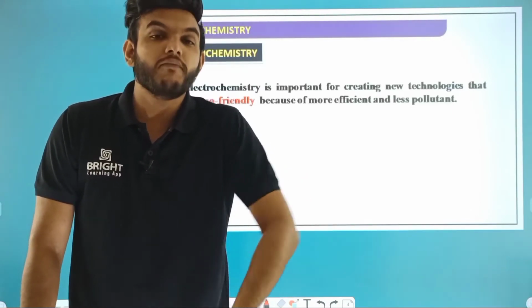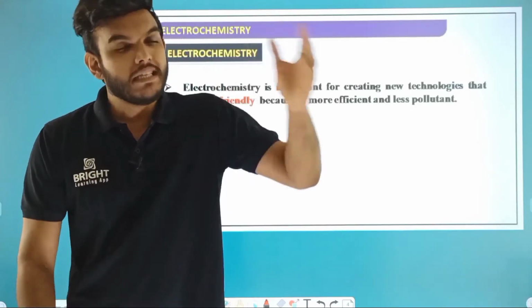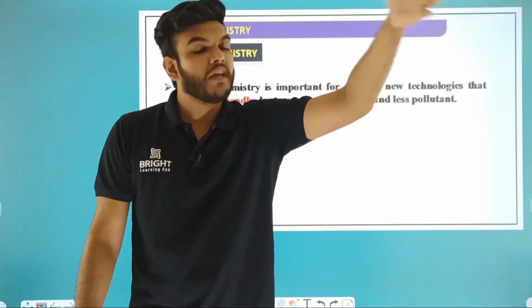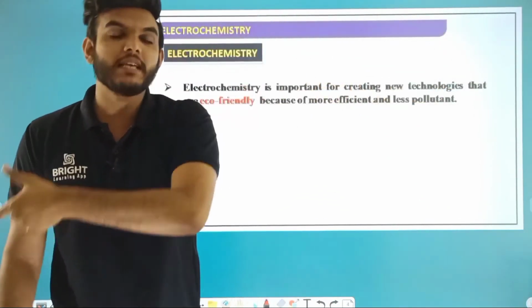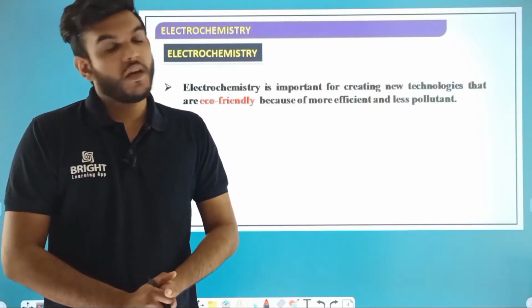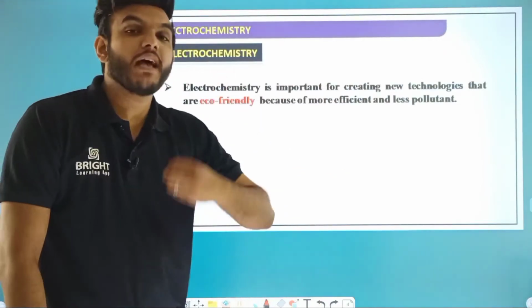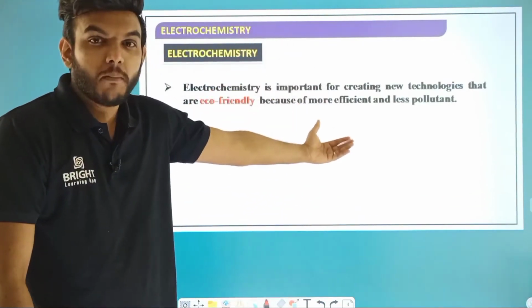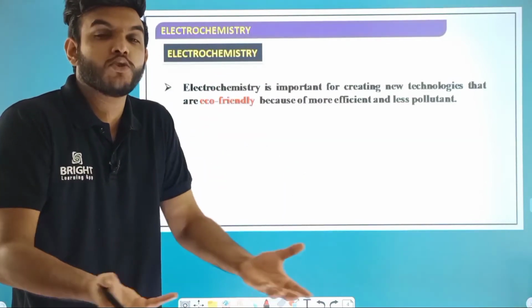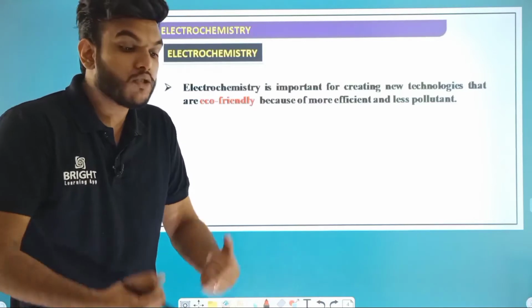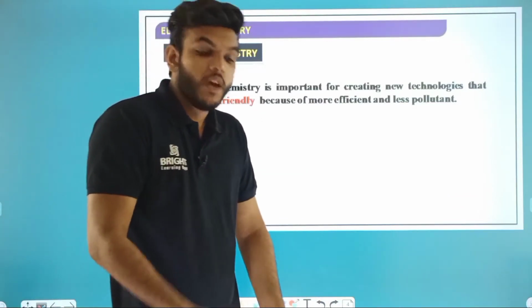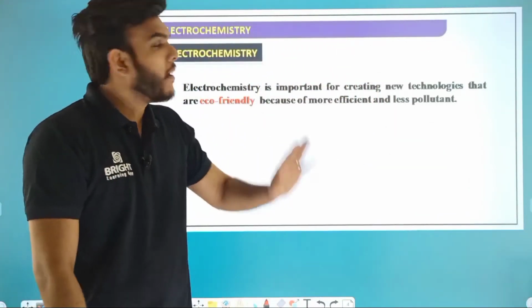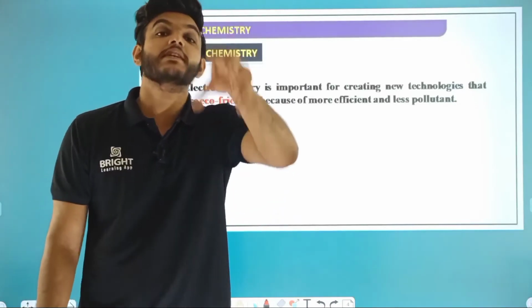And the wear and tear will be very less compared with a diesel engine or petrol engine. Most probably the wear and tear will be more in the diesel engine, less in the petrol engine, and very less in the case of battery running engines. So we can say this is very eco-friendly because they have less pollution, we can say zero pollution, and also they are more efficient because there is no need of petrol, no need of diesel, no need of adding oils. We only have to control the engine oils, and they are less pollutant also. This is the basic concept of electrochemistry in our daily life.